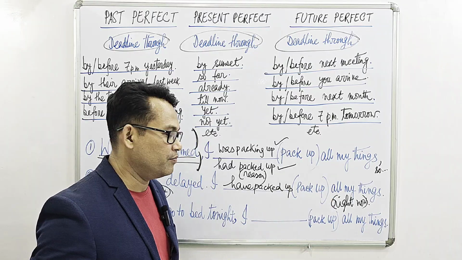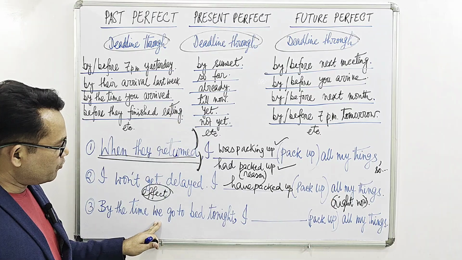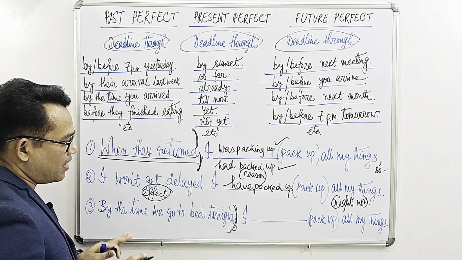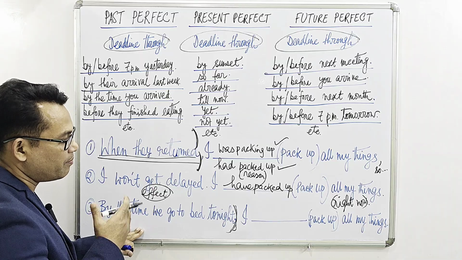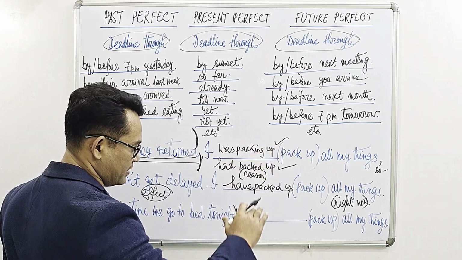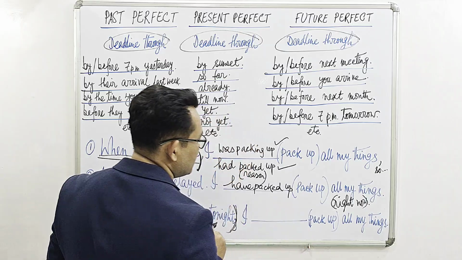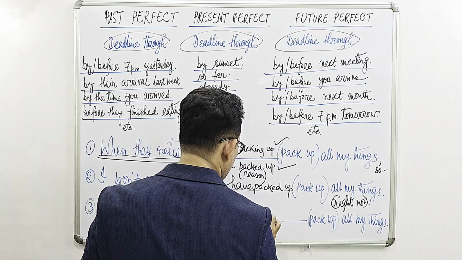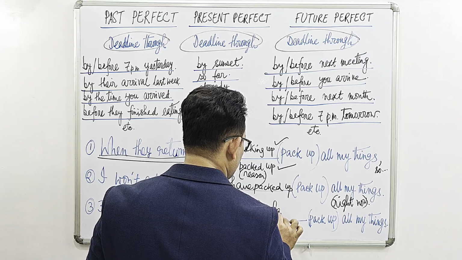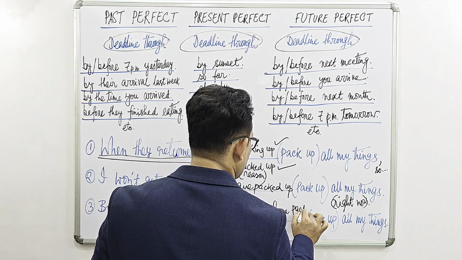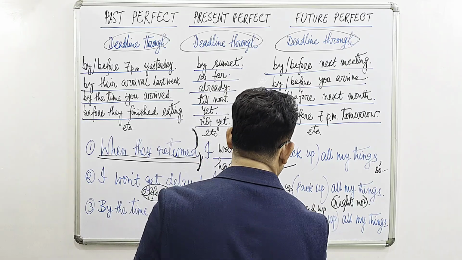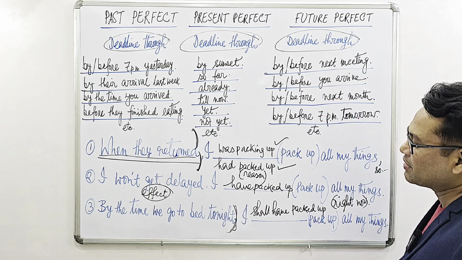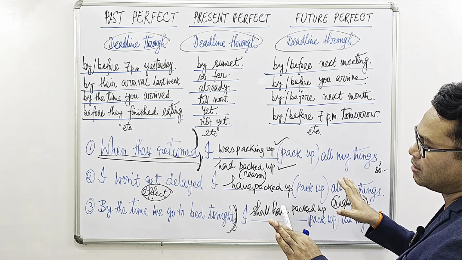or by now. Number 3, by the time we go to bed tonight, future deadline. And since the first part is the deadline before which another future action will get completed, this one should be written in future perfect and not in simple future. So our option will be, I shall have packed up all my things. Okay, so we see that using the perfect tenses is not that difficult if we remember these